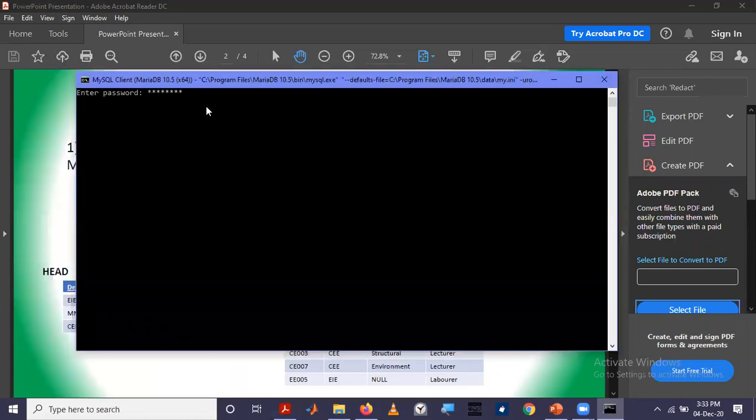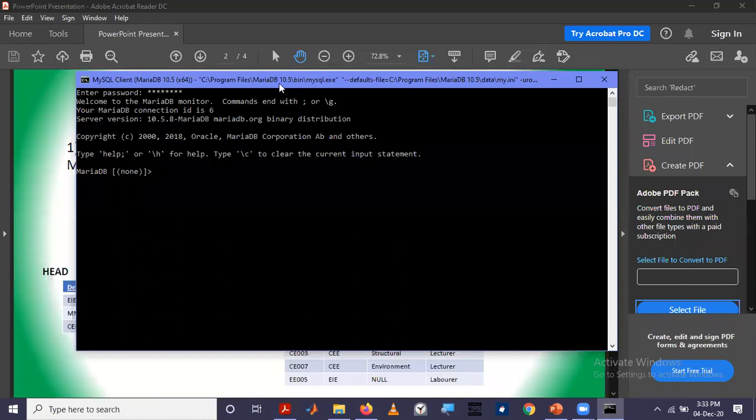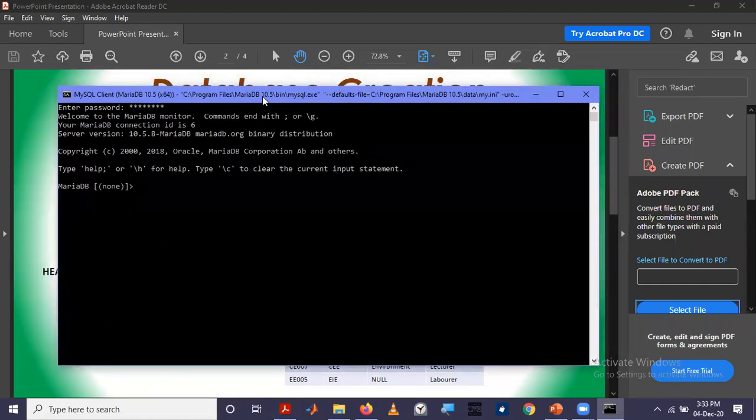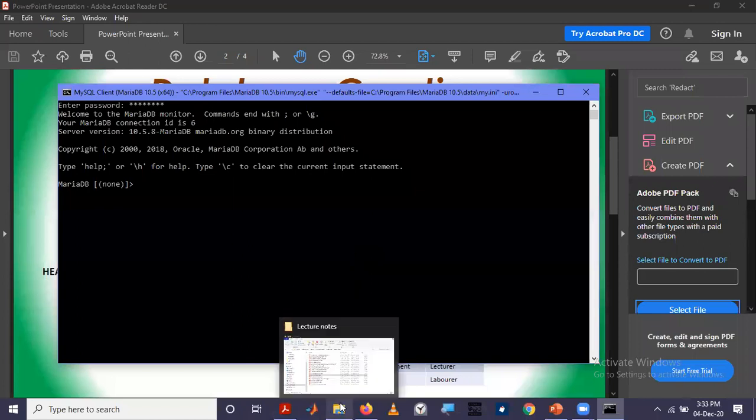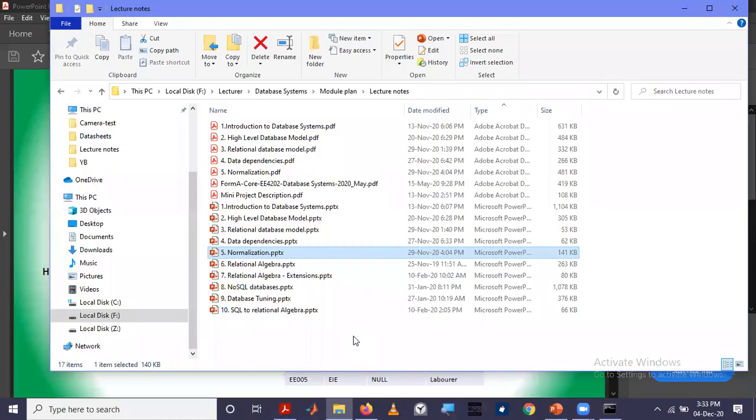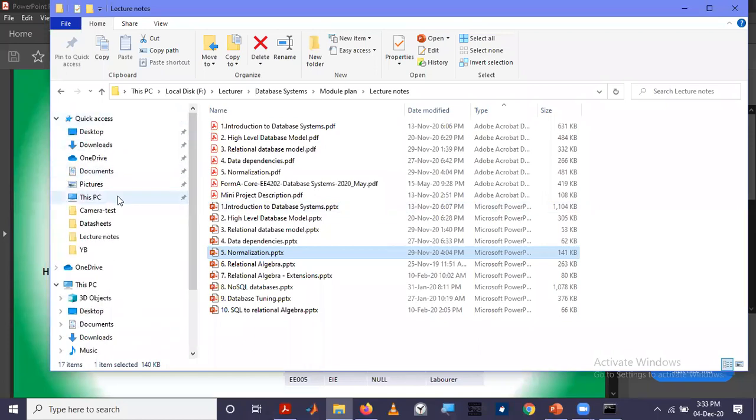So first enter your password and login. I told you that you have to remember the schema that you used. Otherwise, you will not be able to see the tables that you have created. Your schema is stored in your installation directory.